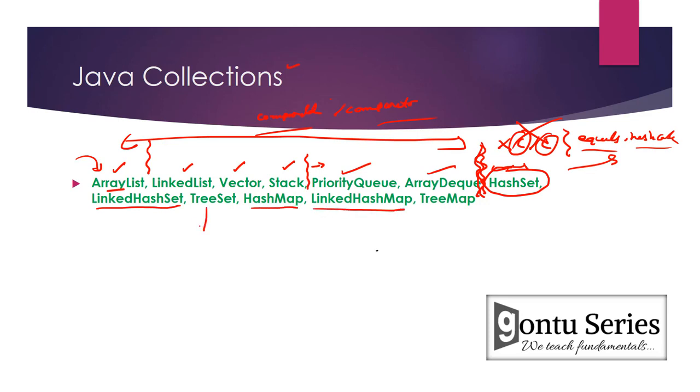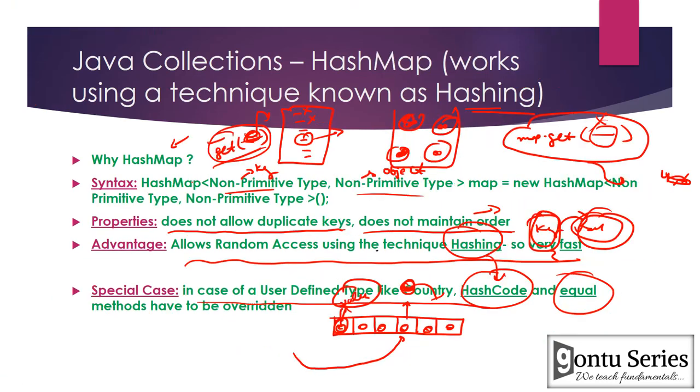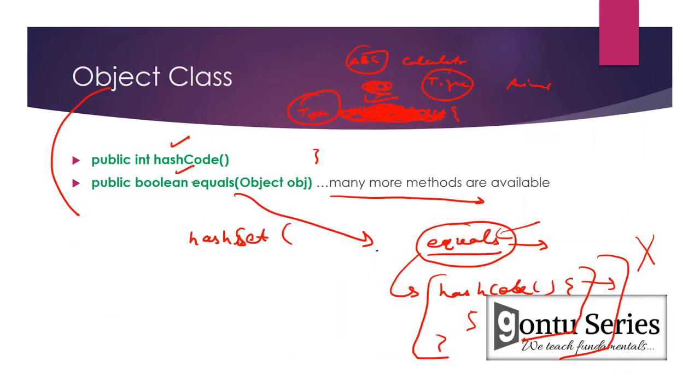The only thing remaining is TreeSet and TreeMap. Now what are these things? Let's see TreeSet and TreeMap also very quickly, and that's all about it, guys, for today. Okay,